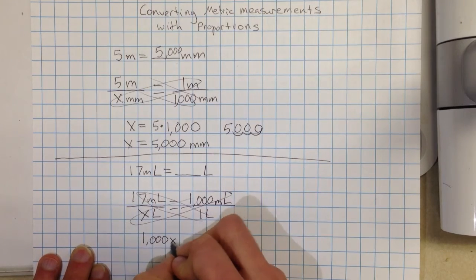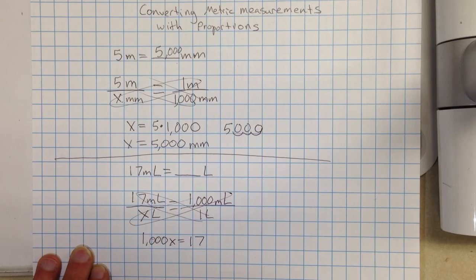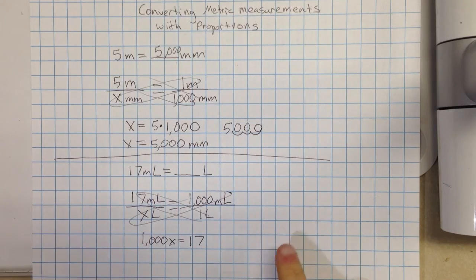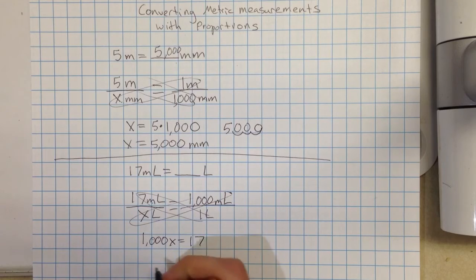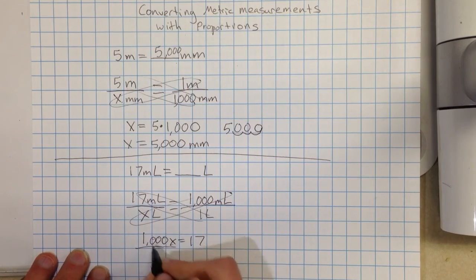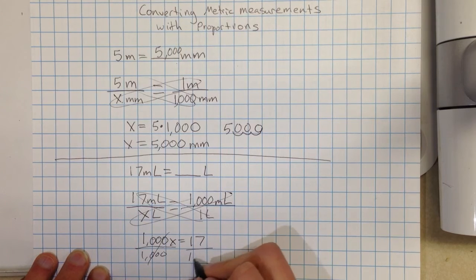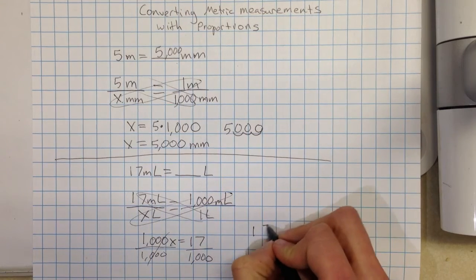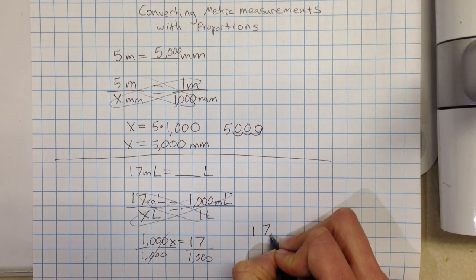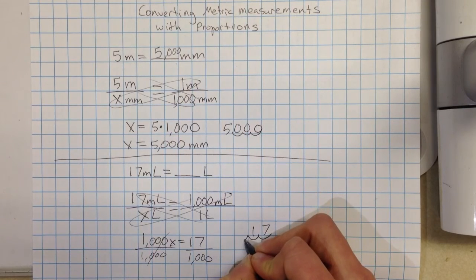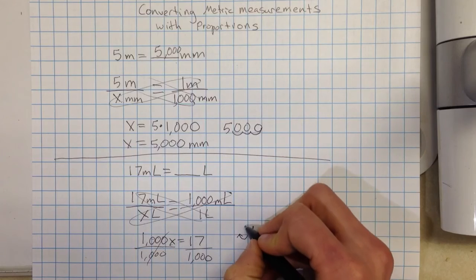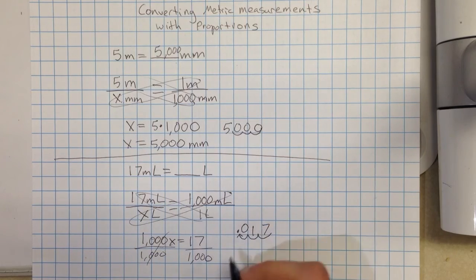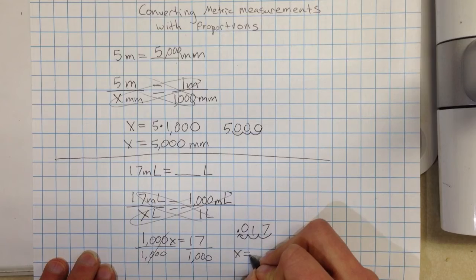That gives me 1,000 x equals 17. I have to solve this equation, so I'm going to look at the x's on the left side. So I'm going to divide by this 1,000. That will cancel all those out. And I have to do 17 divided by 1,000. Same thing, count the zeros. I have 3 zeros here. So I would take 17, the decimal point is at the end, move it over 3 times to the left, 1, 2, 3, fill in any empty spaces with a 0, so I'm getting x equals